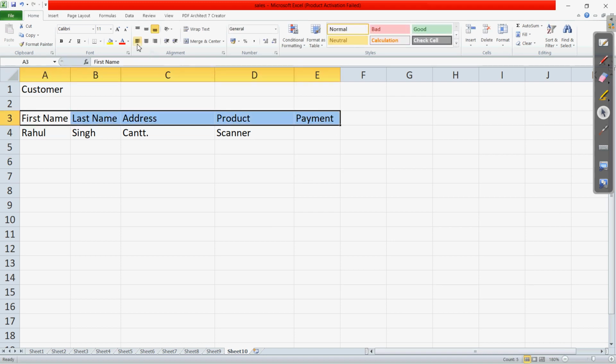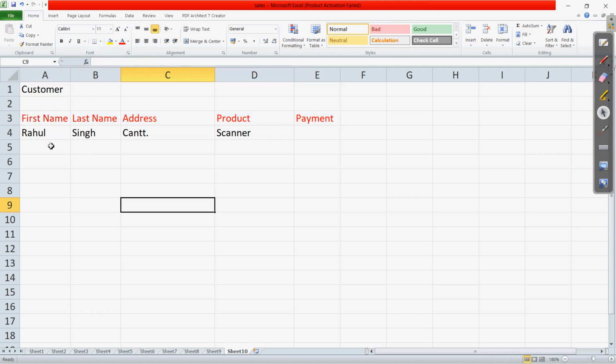These are all the labels. We can color them with a different color so that we can recognize them. Now Rahul and the other information is a record. Suppose the payment for the scanner is 5,000. In each of these cells, after entering the value, we press the tab key. Now all these values we have entered.